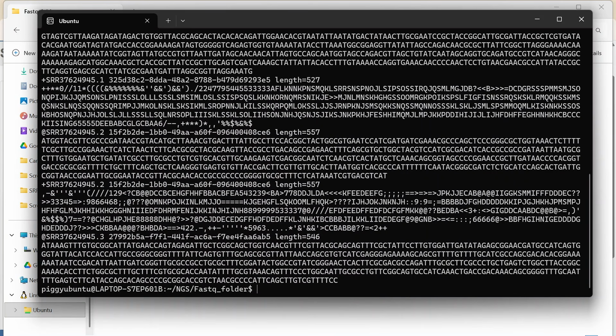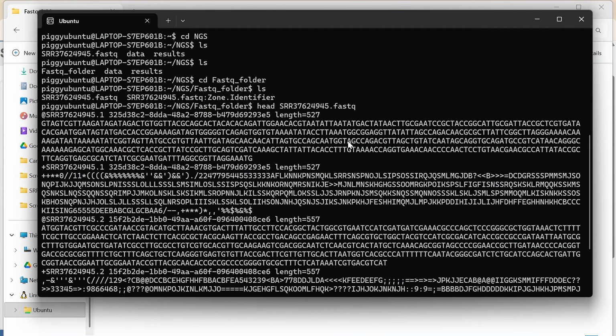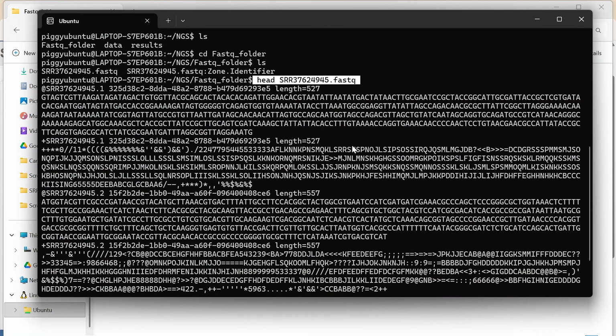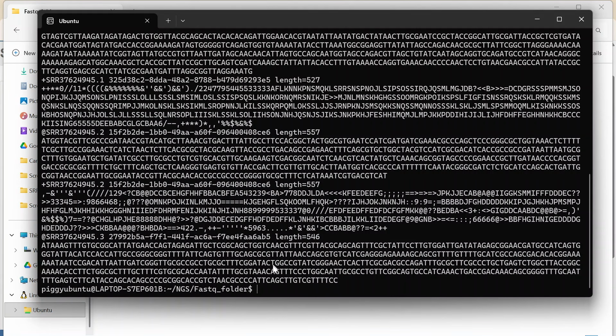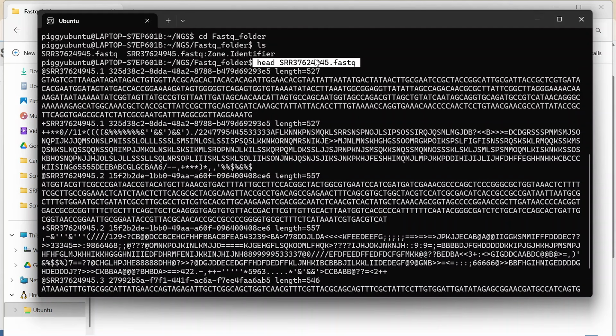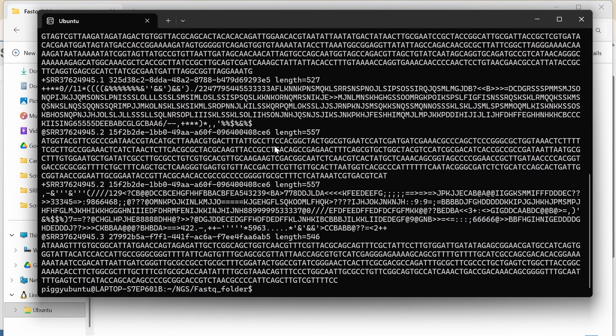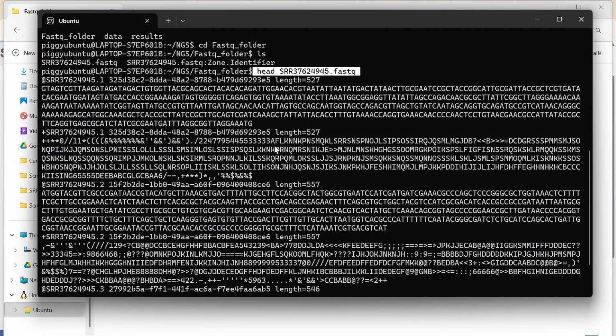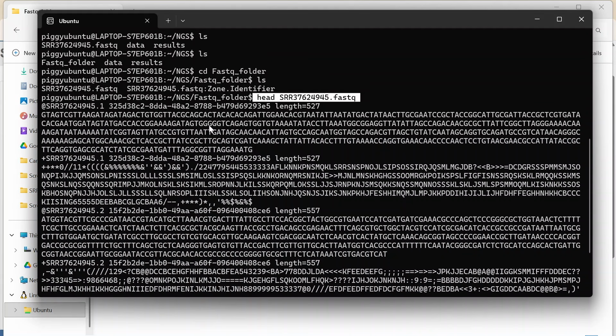Now press enter. So here we can see the command that we wrote. This is the data, a few lines from this file, and this is the end. So what are we seeing here? We are seeing a few lines from our FASTQ file. If we had used the cat command, it would be a long output inside our terminal, which we do not want because all the reads look the same. Now, what are we seeing here? We are seeing the reads.